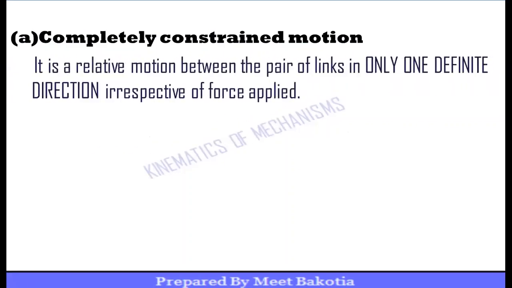So let us classify it. The classification of the constrained motion is: A, completely constrained motion, B, incompletely constrained motion, and C, successfully constrained motion, right? So we are going to see all of them one by one. Let us first start with completely constrained motion. See, it is a relative motion between the pair of links in one and only one finite direction, irrespective of